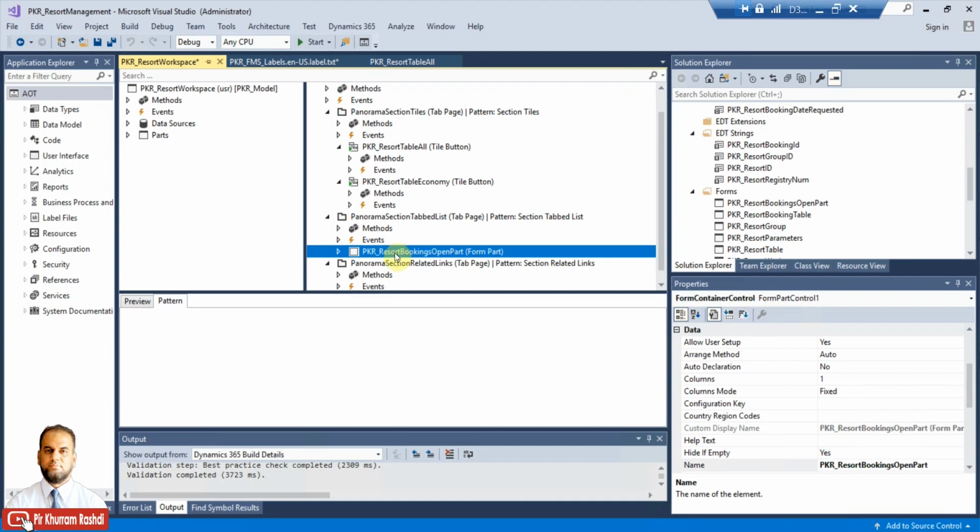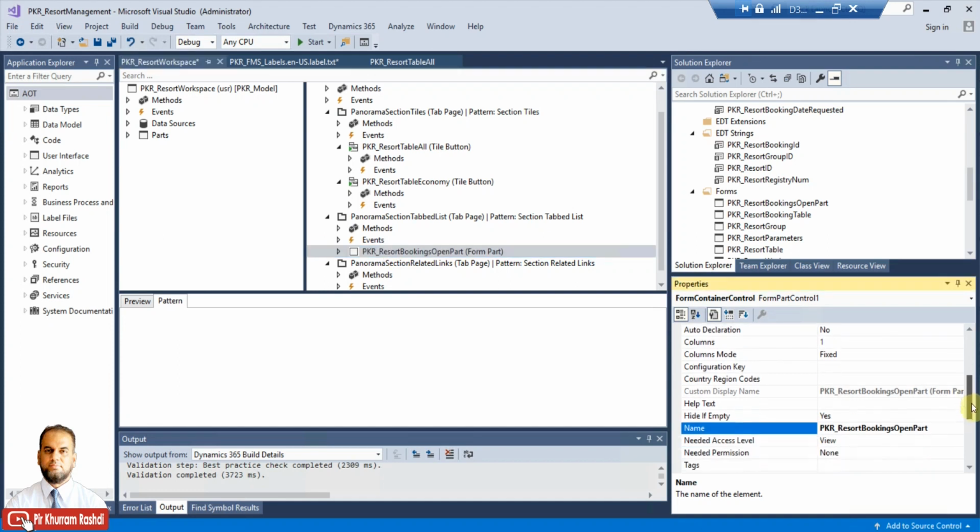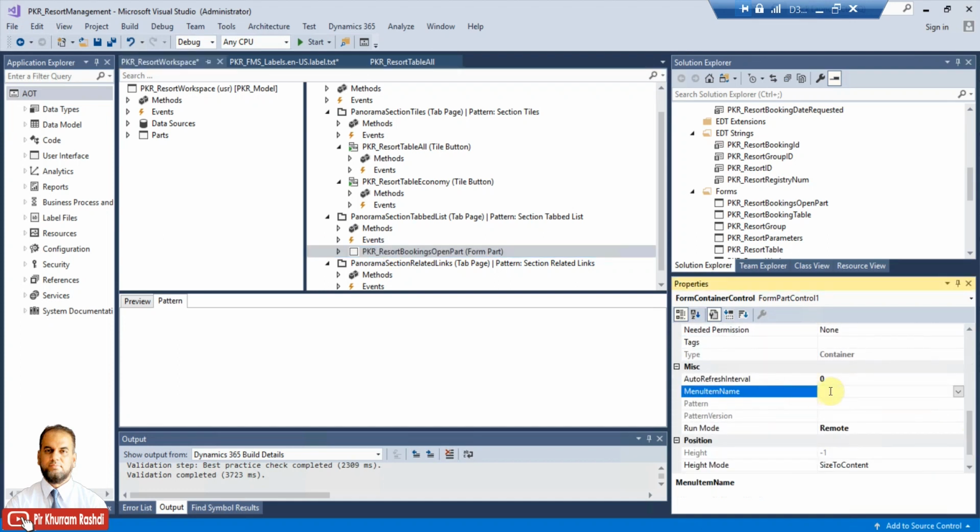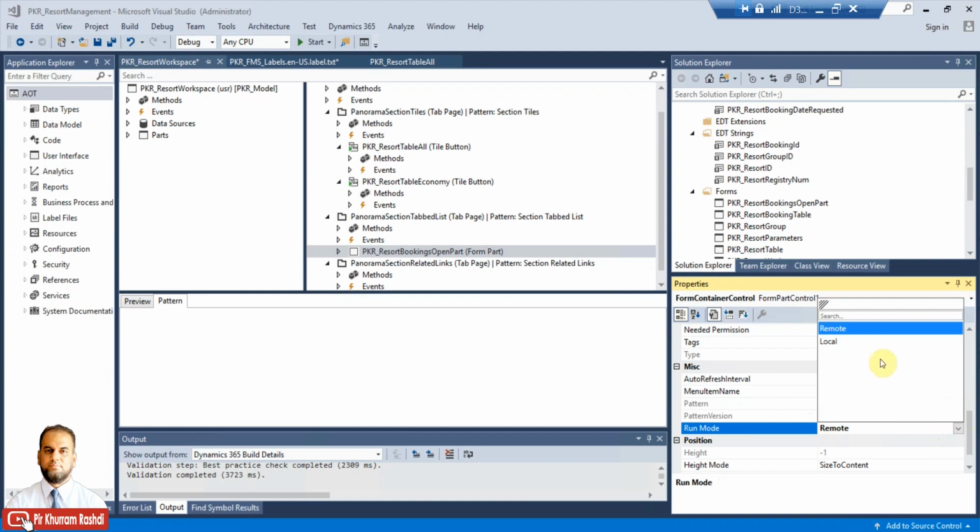So once I name it to our part, then I need to also select the menu item name, which needs to be the same, PKR resort bookings open part, because we have already created this menu item, so we need to select it in order to show it. So then there is a run mode here. Basically it is showing remote or local, so I will select this to be local,